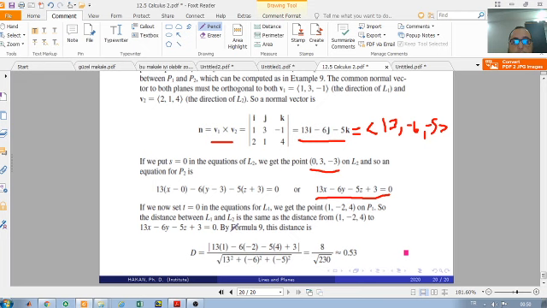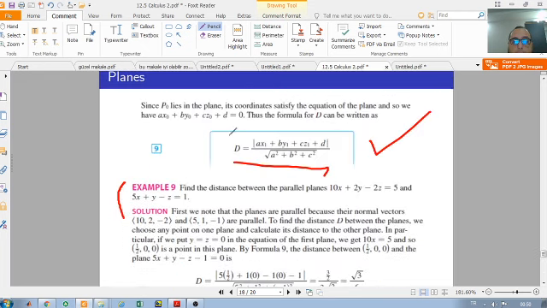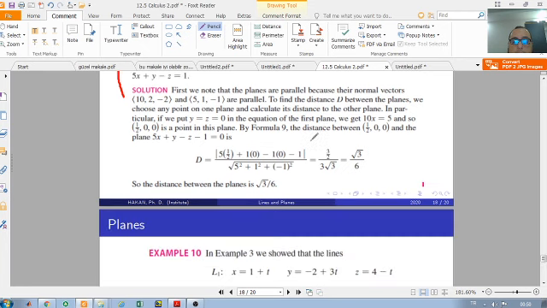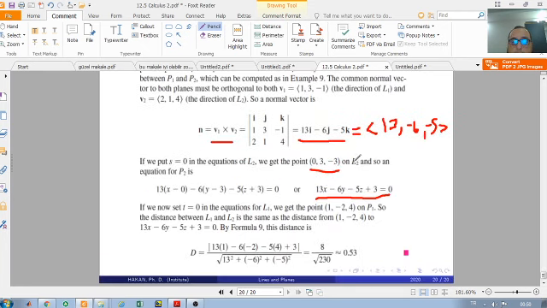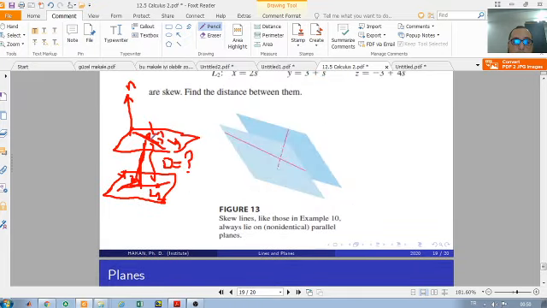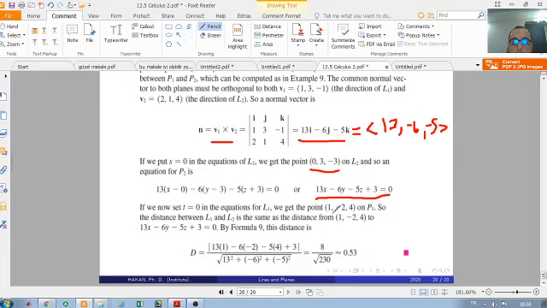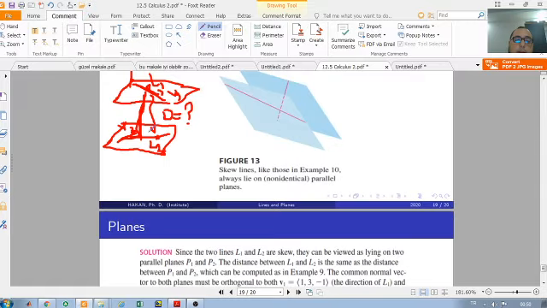From the point to the plane, by formula from here, ax1 + by1 + cz1 + d, here a, b, c are equal to 13, minus 6 and minus 5, and the point on the first plane has the components 1, minus 2, 4, and we use the equation of the second plane, therefore d is equal to 3, and we take the norm of the normal vector according to the formula, and we get the distance between skew lines,